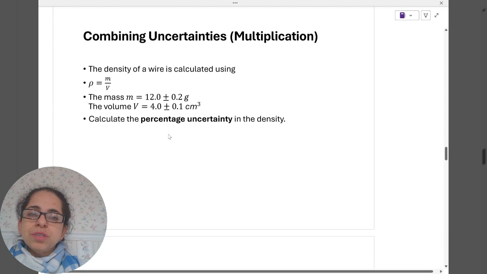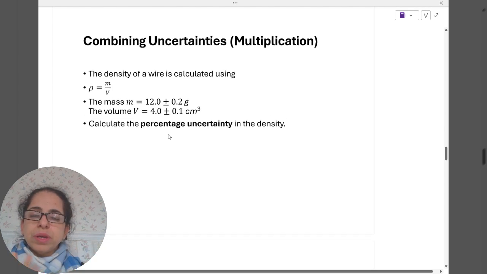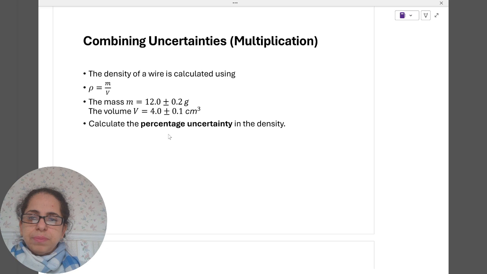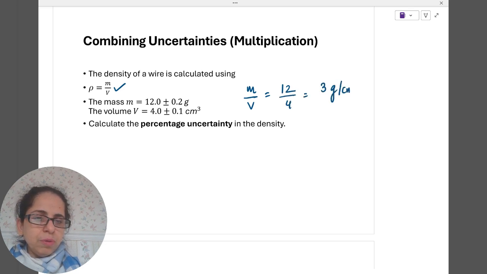We will try and solve the actual exam questions of different boards in the coming videos, but for now we're just focusing on the concept. Now if you're combining uncertainties, what are we doing here? We're using the measured values to calculate the density. The density is mass divided by volume, so you calculate the density first. My density is 3 grams per centimeter cubed, but I do not have the error in the measured value of density. So whenever you have a division or multiplication,